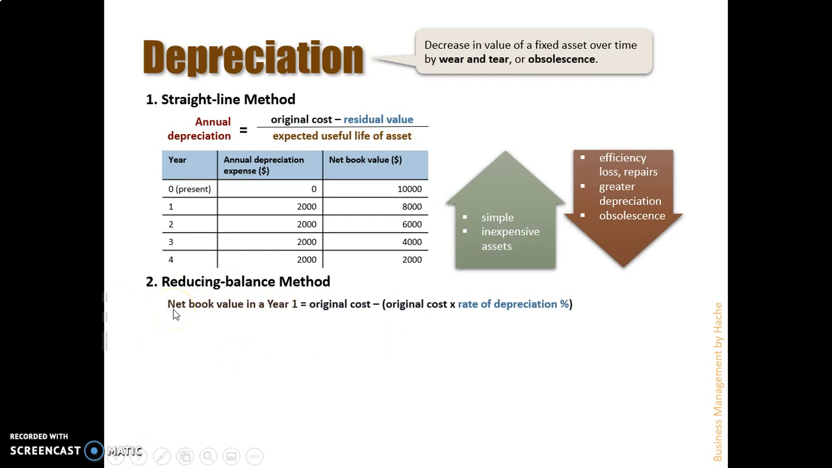To calculate the net book value of the first year, of year one, you have to get the original cost, like in the other. And you will get it by subtracting the original cost times the rate of depreciation. This is a percentage of the original cost. So original cost minus original cost times the rate of depreciation. This rate of depreciation is a specific